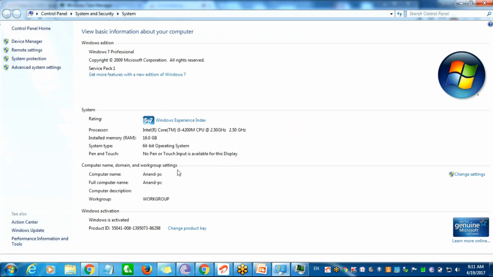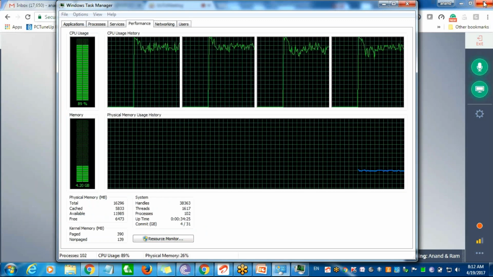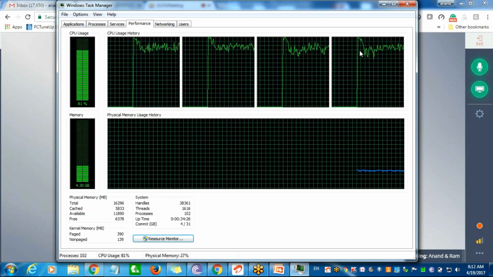Okay, one second, hold on. I see your screen. You go to the Start menu, Control Panel, then System and Security, and System. Hold on, I got it now. Control Panel, System and Security, then you have the Windows Task Manager.